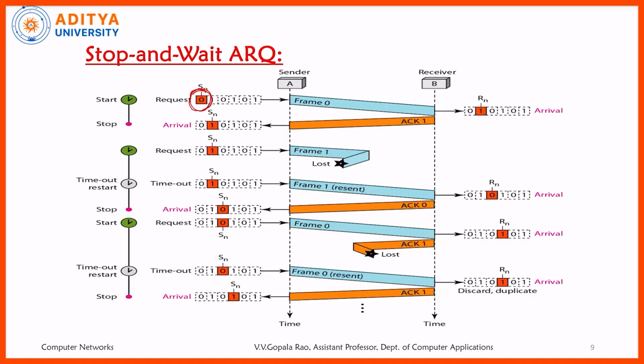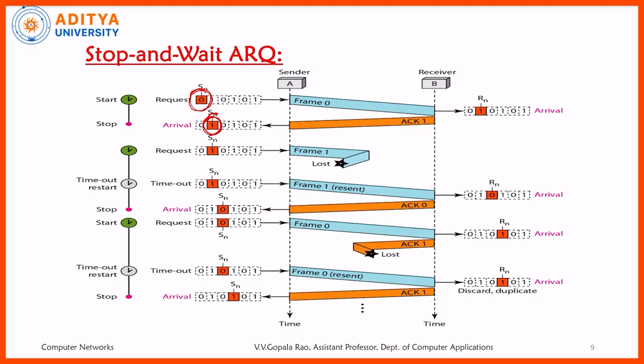What do you mean by that ACK1? ACK1 is saying two important things. One is that the previous frame was received by the receiver correctly, and it is expecting the other frame, which is numbered 1. This is the communication made by this particular information, ACK1. Based on that, if you come to the sender side, the next session is taken up by the sender by putting frame number 1 in the actual channel.